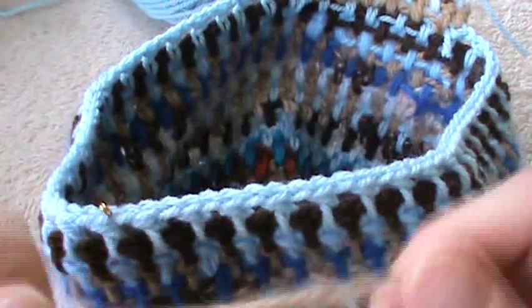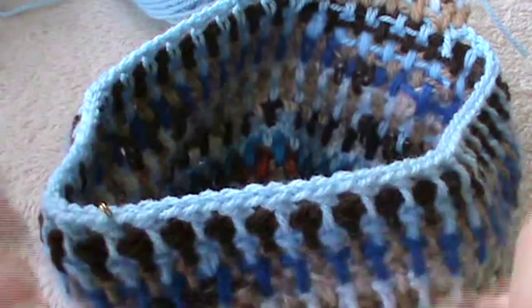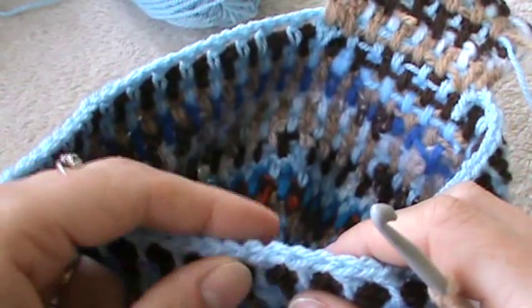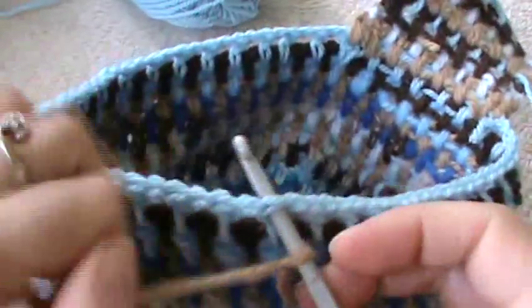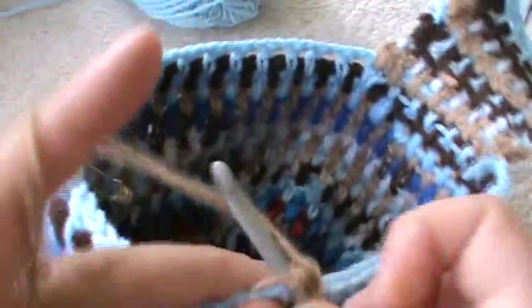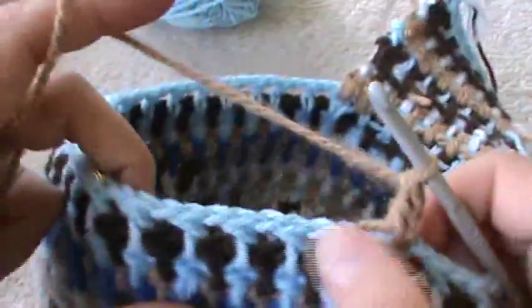With the same colors, of course. Our slip knot. So 1 2 3 4 5 6, and into the 7th stitch here we'll put our double crochet border, and let's go on and work our first